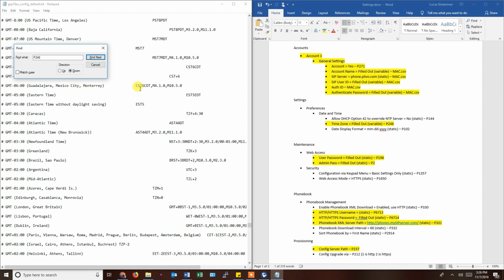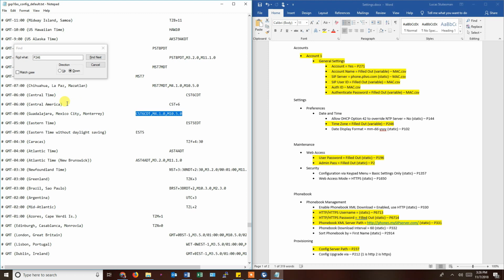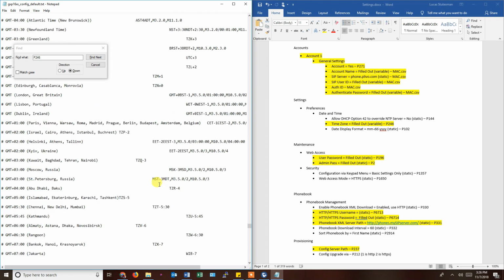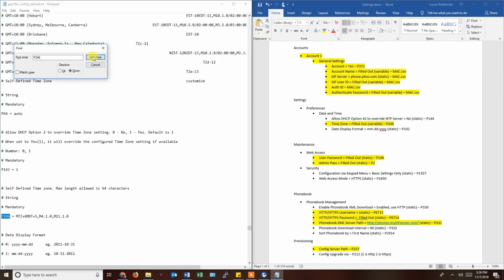If I want Mexico, Central Time in Mexico, I could put that whole line in there if I wanted. If I wanted just Central America, I could do this one. If I want just Central Time, this would be the US one, I believe. And whichever one of these codes you put, find next takes me right down to it. Whatever one you put here is the time zone that will hold. So I have set it to Mountain Zone right here, and we're going to leave it at that until somebody